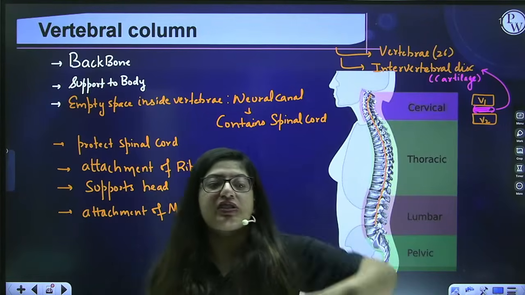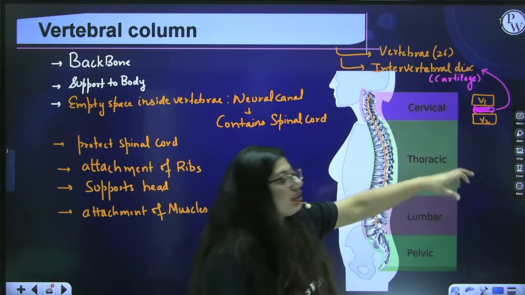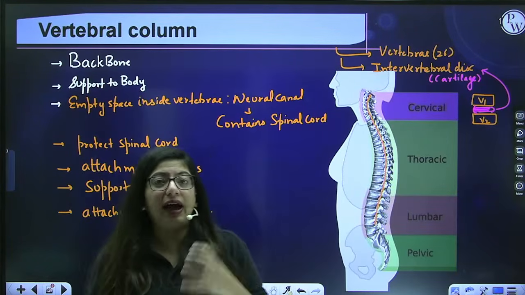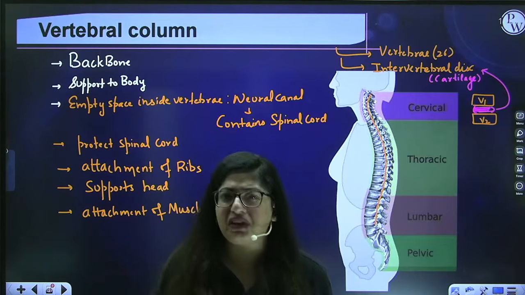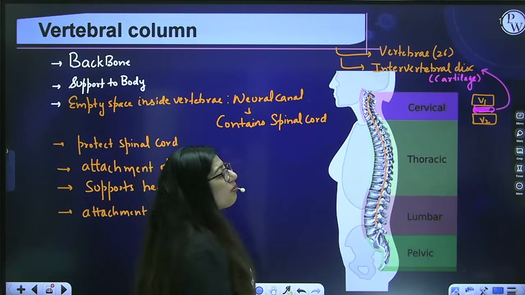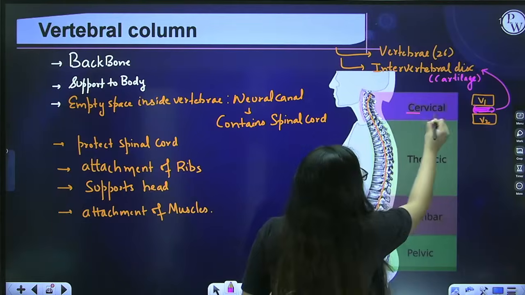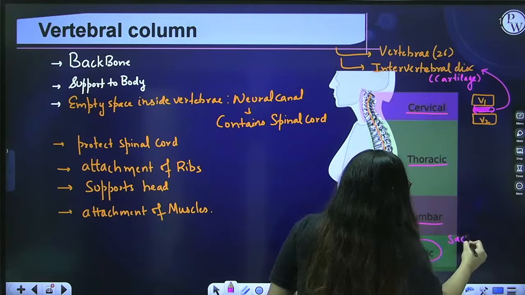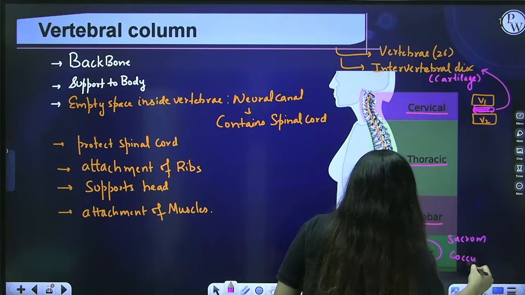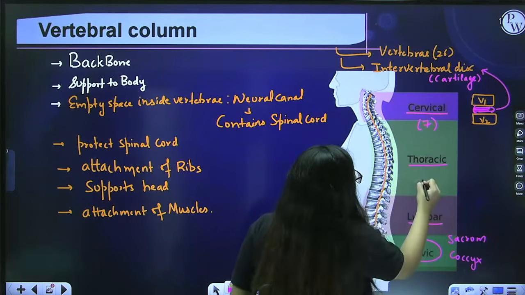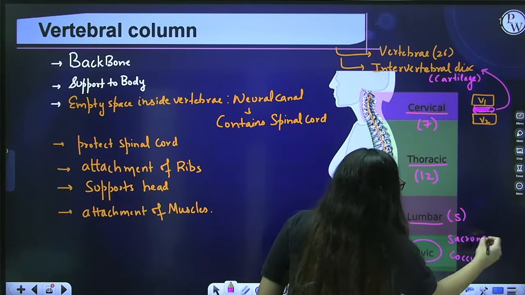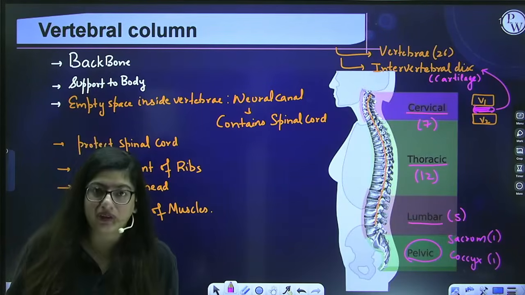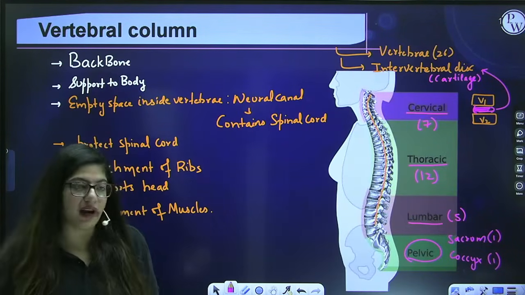A person falls and gets a slip disc. In slip disc, this cushion gets displaced from its original location, and nerves get pressed, and it's really very painful. Fine. So these vertebrae are of various kinds: cervical, thoracic, lumbar, and in the pelvic region we have the sacrum and coccyx. We have 7 cervical, 12 thoracic, 5 lumbar, 1 sacrum, and 1 coccyx. These are the various types and numbers of vertebrae, or small bones, that we have, right?